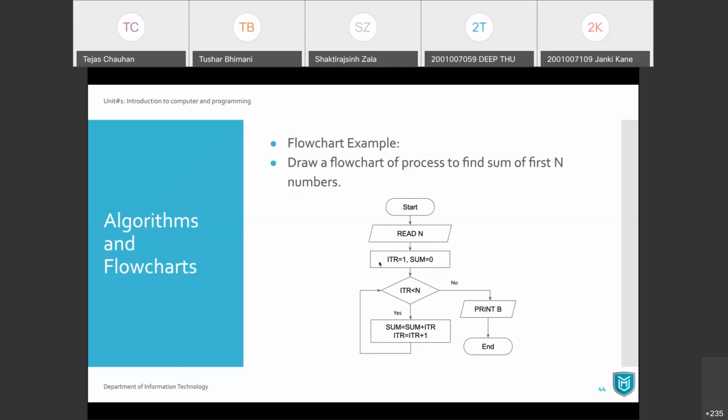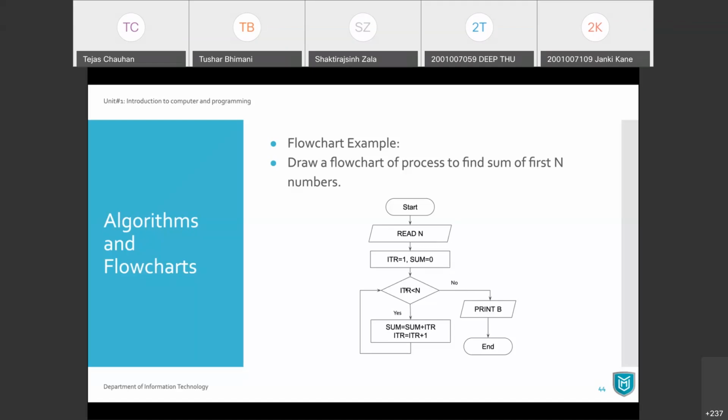And then we are going for repetition. Now whenever we have repetition, we must have a condition. Do you remember that? Step number 3 in the algorithm was having a condition. So we are going to have that condition at this place. Now whenever we have a condition, it is going to have two outgoing paths, yes and no, right? Yes or no. So on this diamond shape, we have one outgoing path for yes and another outgoing path for no.